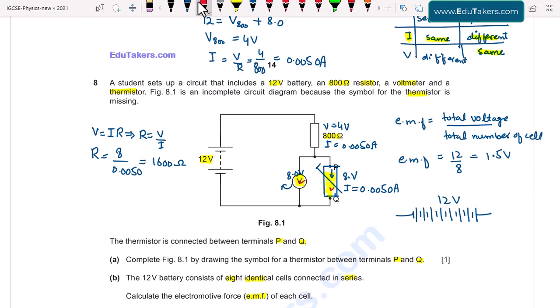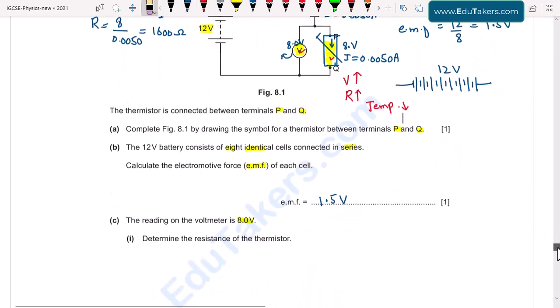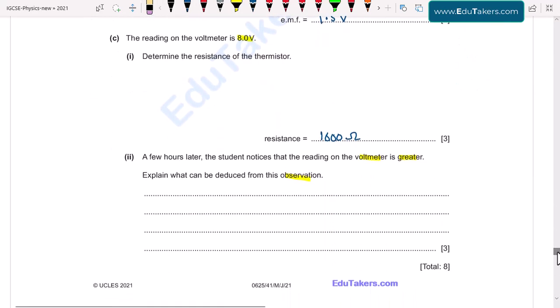It means that if the voltage across the thermistor increases, then it is only possible if the resistance value of the thermistor is increased. It means that the resistance of this thermistor increases, and the resistance of a thermistor increases only when the temperature is small. When we decrease temperature, the resistance increases, so the temperature should be decreased. So I can simply write as we can deduce from this observation that larger voltage across the thermistor